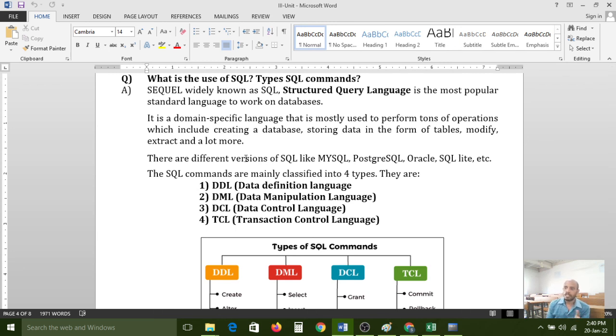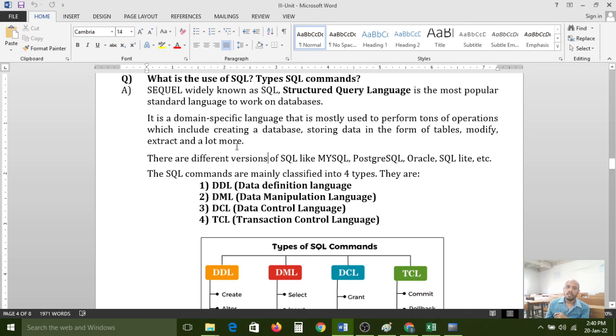After insertion, once the data is permanently saved in our system, we can use that database in different ways: modify, extract, or share the data from one person to another. We can perform a lot of operations by using SQL. That is the use of structured query language.